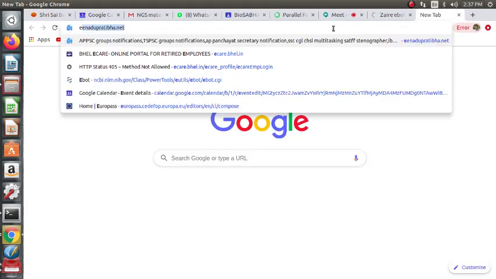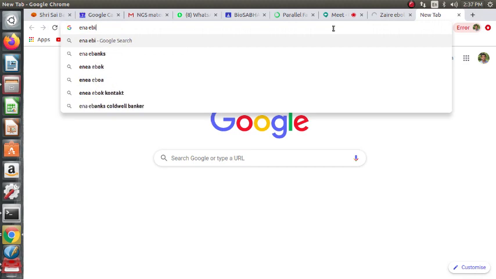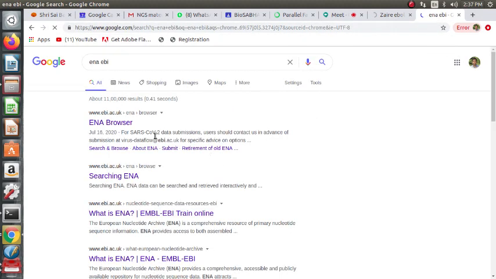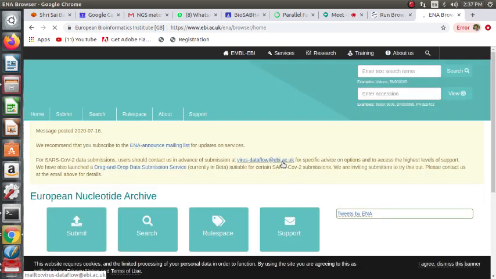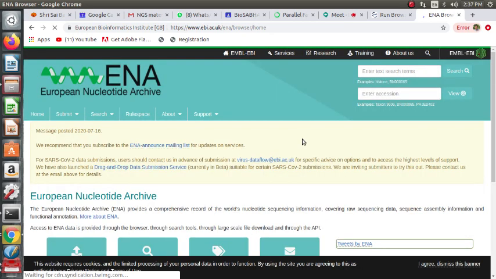In parallel, let us go to the European Nucleotide Archive, ENA, EBI. So this is the European Nucleotide Archive browser. Now it is part of the European life science information exchange infrastructure, that's ELIXIR. We can directly search here, right?